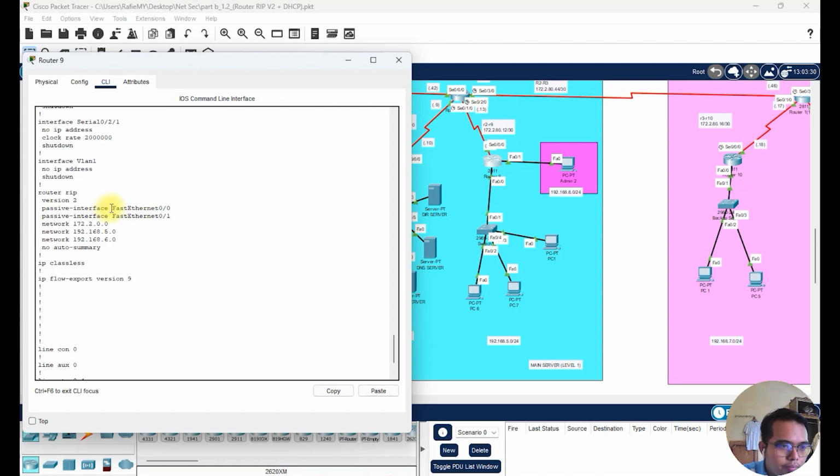We set passive both Fast Ethernet interfaces from the inbound network, FastEthernet 0/0 and 0/1, to stop the advertising of networks out of these passive interfaces. Then we configure the networks that are directly connected to it, which are 172.2.0.0, then 192.168.5.0 over here and 6.0 over here, and configure no auto-summary so that the different networks can be